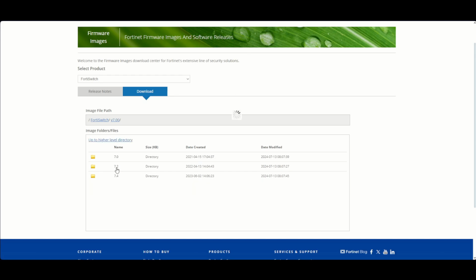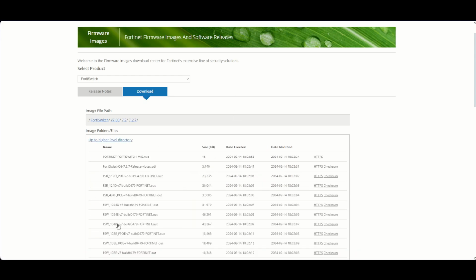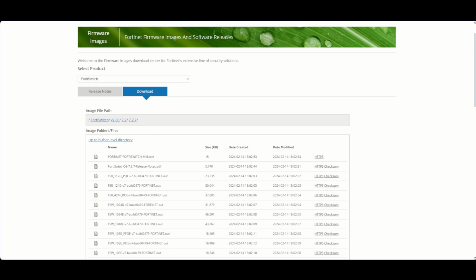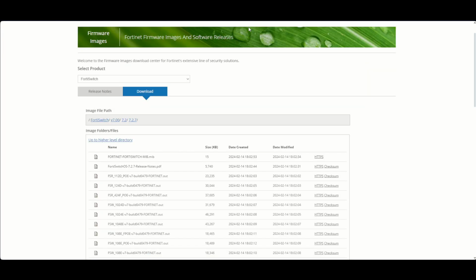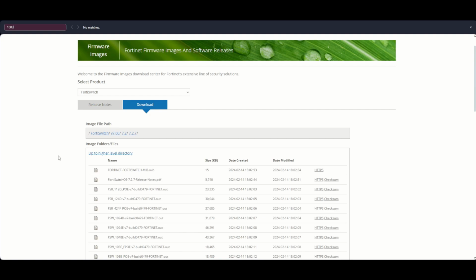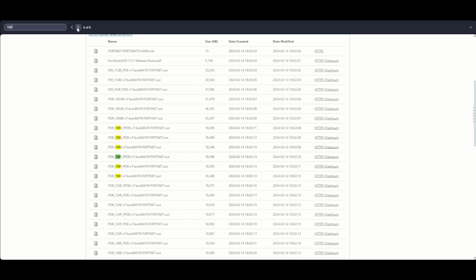So I'm going to navigate there, 7.2.7. I'm going to look for the model of FortiSwitch that we have, which is a 108D. And the 108D is unfortunately not supported anymore, but let's pretend that it was a 108E,